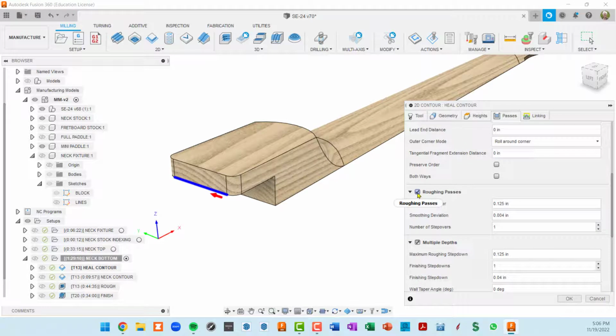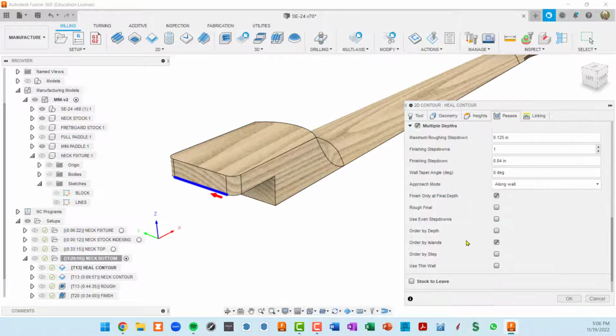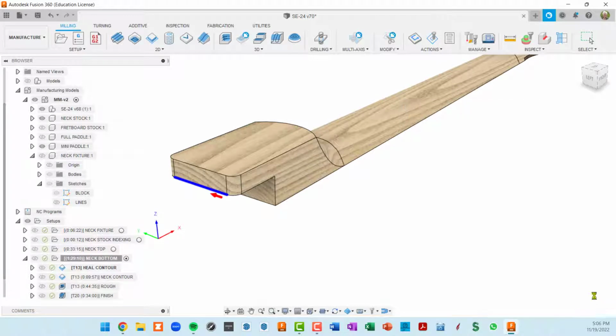So what I try to do on a contour is to do a series of roughing passes and then a final pass at full height. So in order to do that, you want to turn on roughing passes, and you want to set your step over. I just set my step overs to 1, and here's my multiple depths, so 1/8 of an inch at a time. So let's go ahead and simulate that,